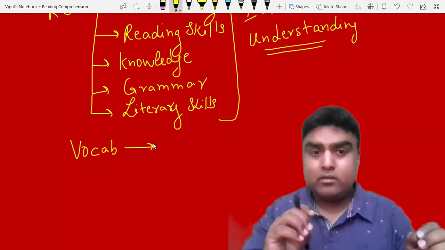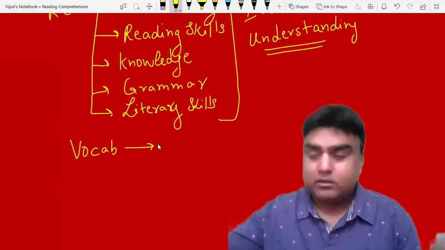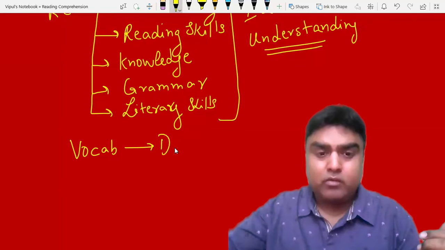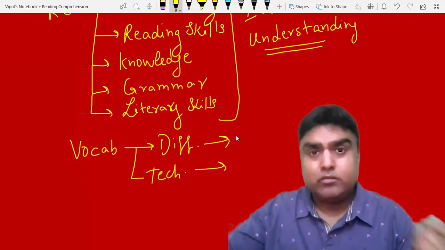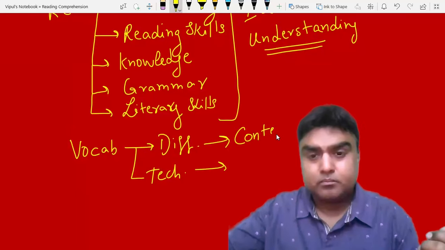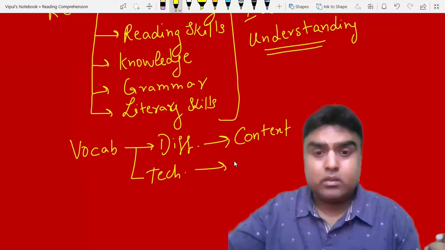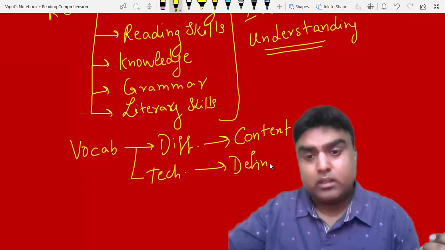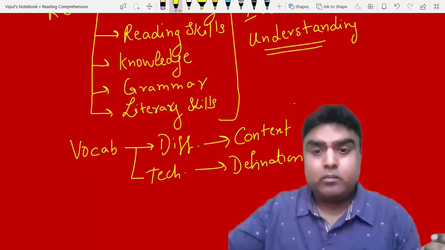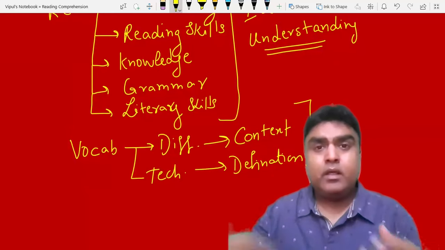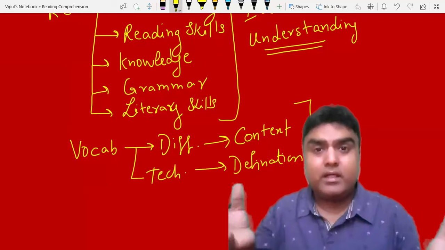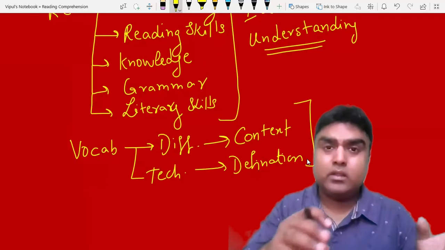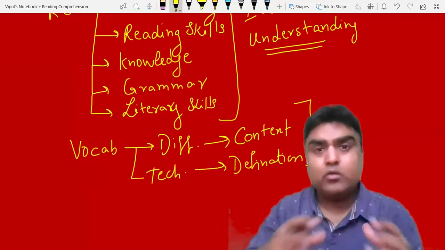So the point I'm trying to make is, let's say vocabulary में क्या challenge हो सकता है? या तो बहुत difficult word it can come, या एक technical word आ सकता है. Now when we talk about the difficult words, the IQ test will always focus on the context. And technical jargons अगर यूज करता है कोई भी IQ test तो definition जरूर डालेगा. So the point I'm trying to put here is, an IQ test will like to see whether you are able to understand the main idea of the paragraph or the passage rather than going into each and every word. Every word you don't need to know.